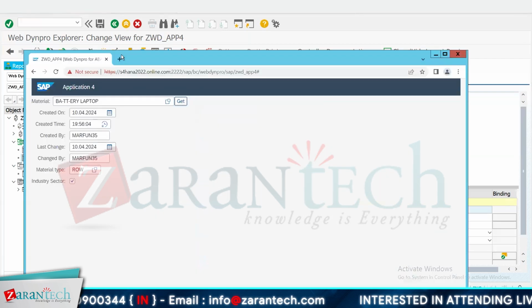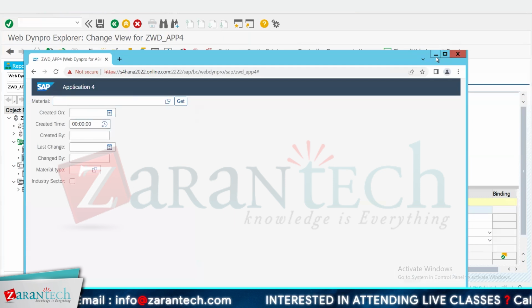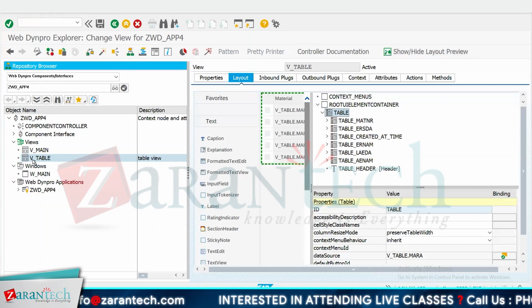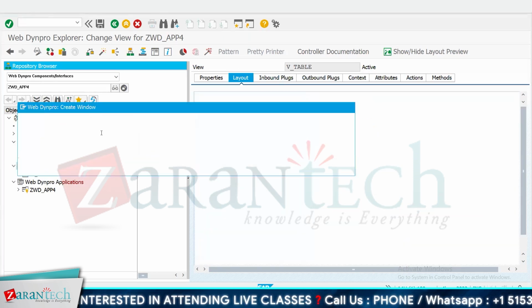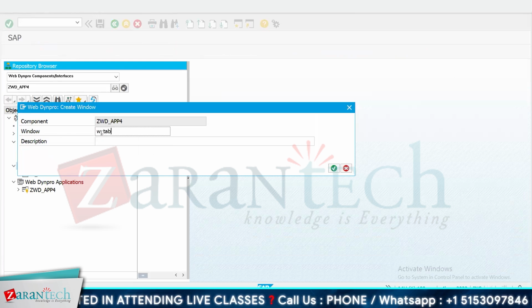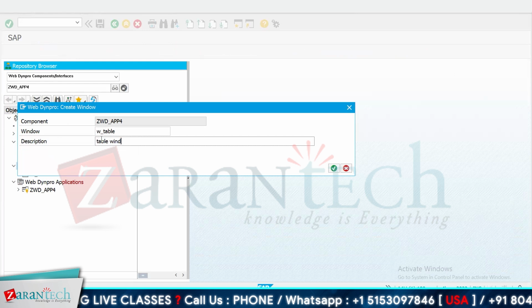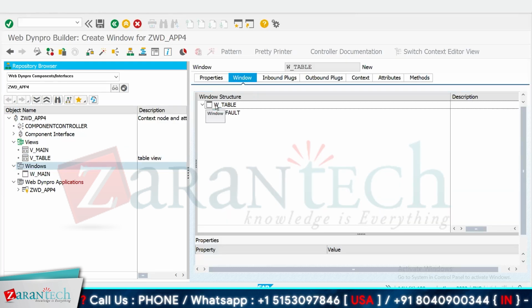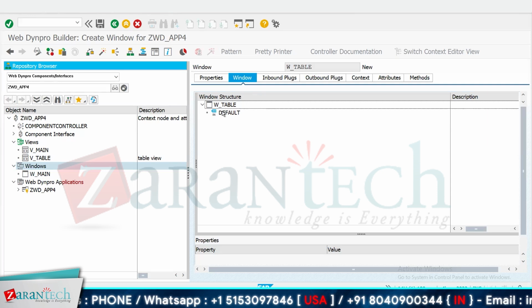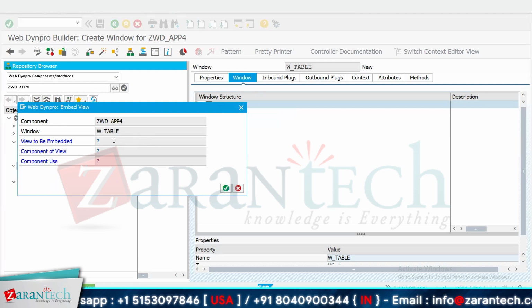So let's go to the browser and see whether it is appearing or not. So let me refresh it. So see, our table is not appearing here because we haven't created a window for our table. So we have to go here, right click on window, create, and let's give the name of our window as W_TABLE, with table window as a description. So yeah, table window has been created. Now we have to right click on this